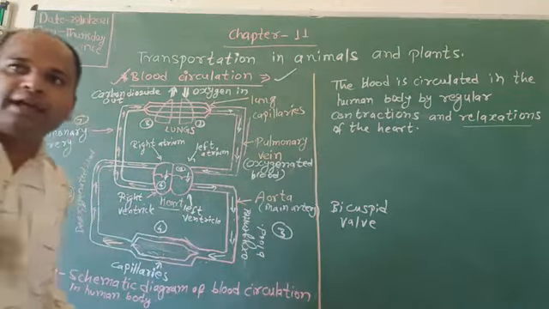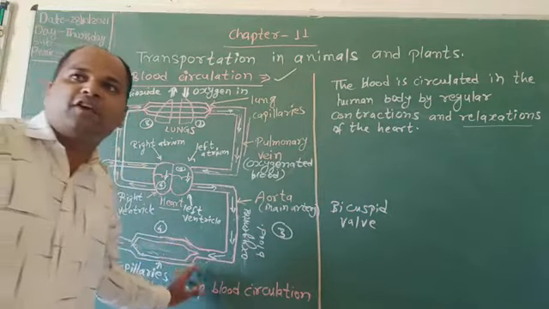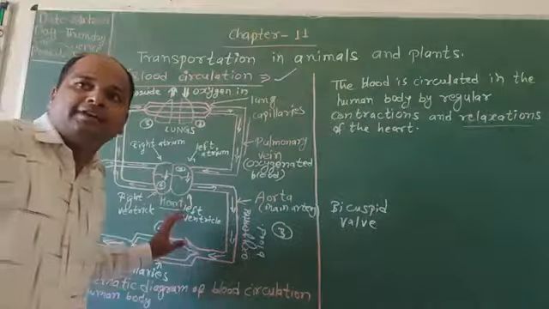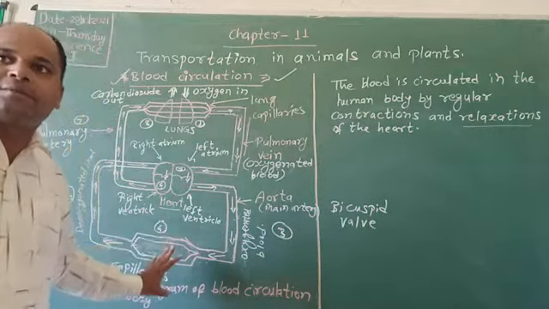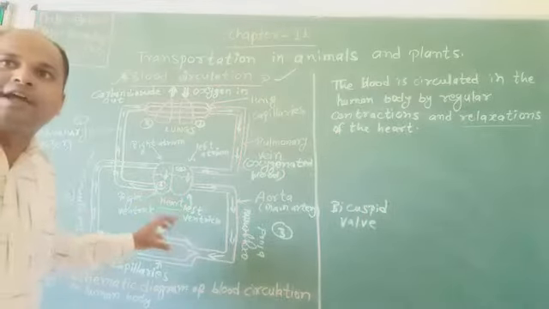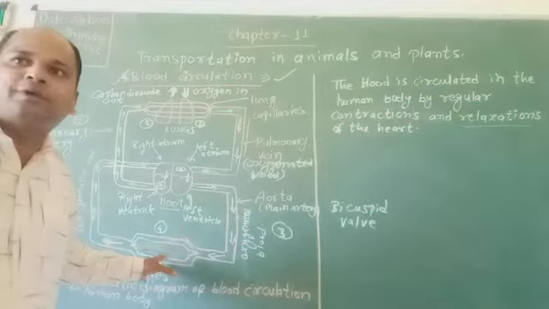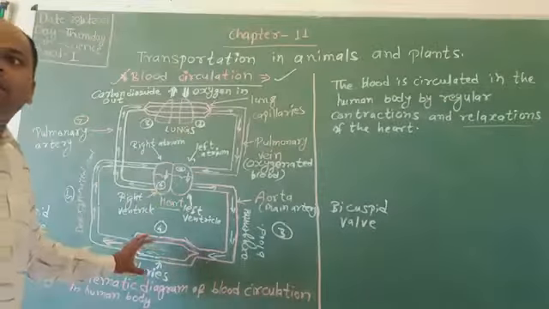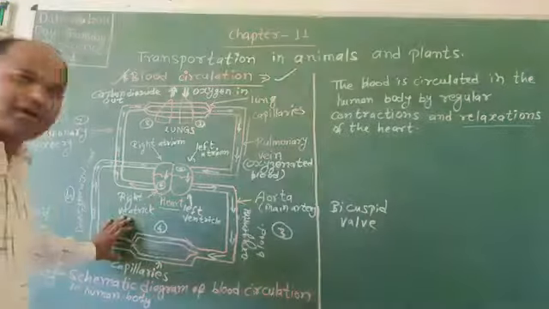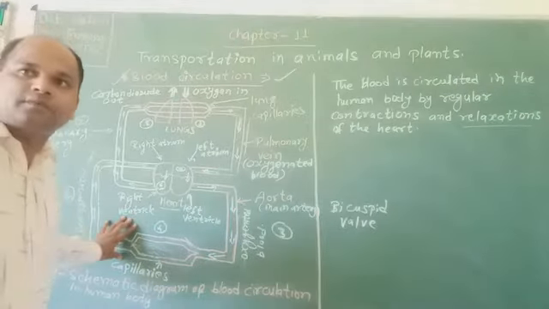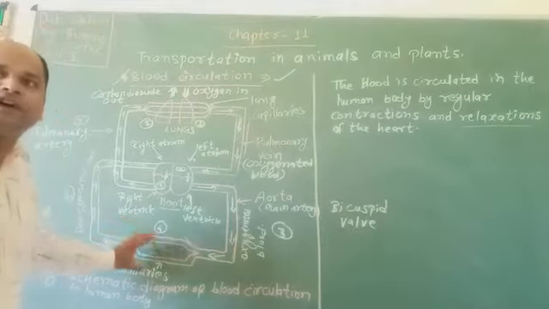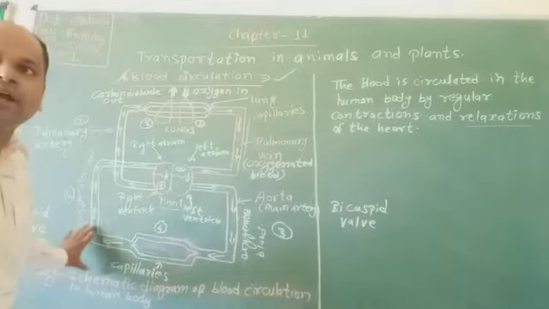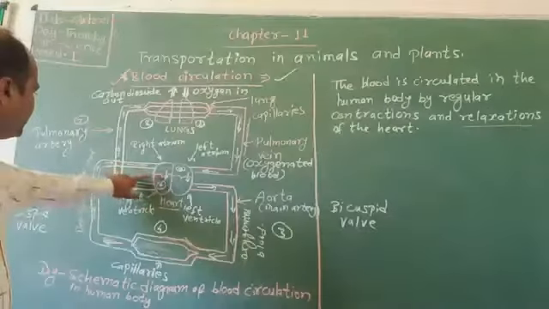So students, when the oxygenated blood flowing through arteries passes through the capillaries of the body organs, it gives food and oxygen to the body cells. At the same time, carbon dioxide, produced as a waste product in the body cells during respiration, enters the blood through the capillaries. After that, students, the deoxygenated blood collected from the body organs enters the right atrium.